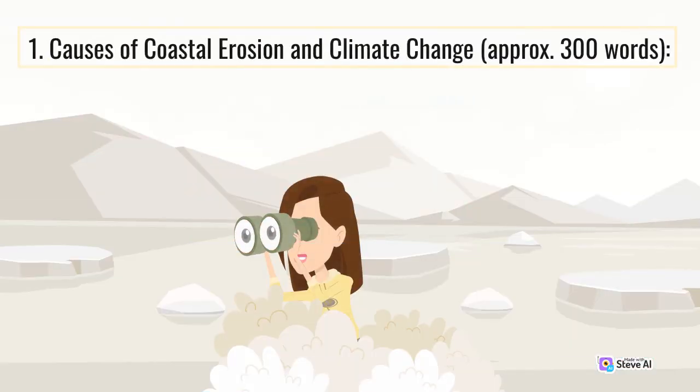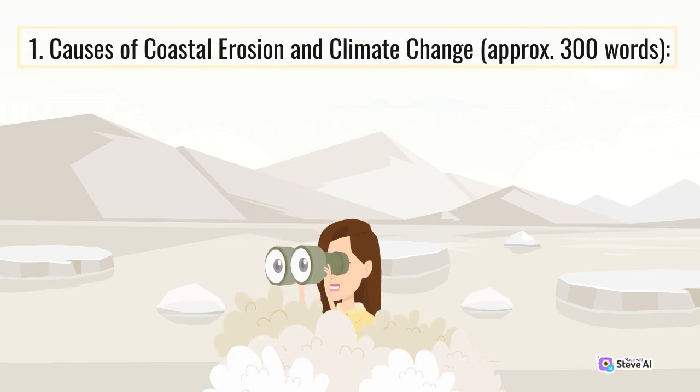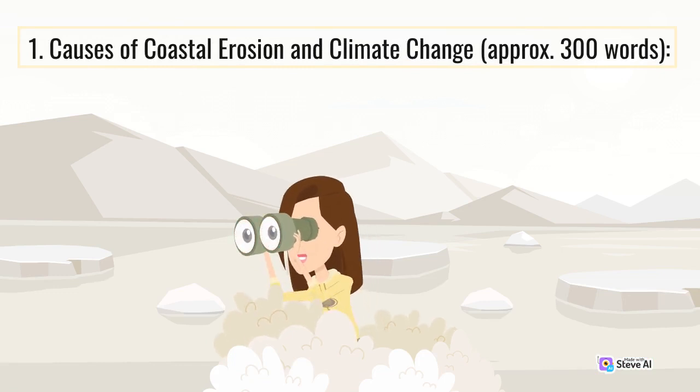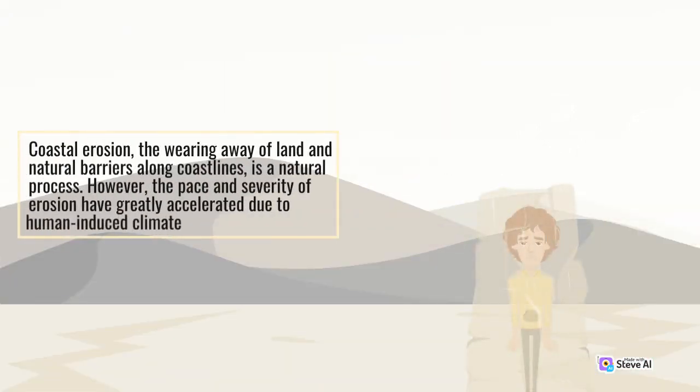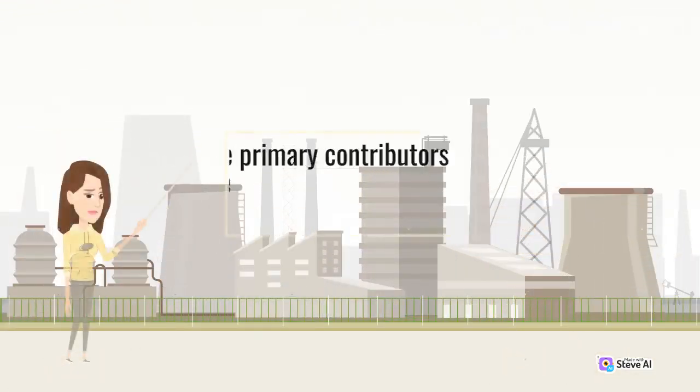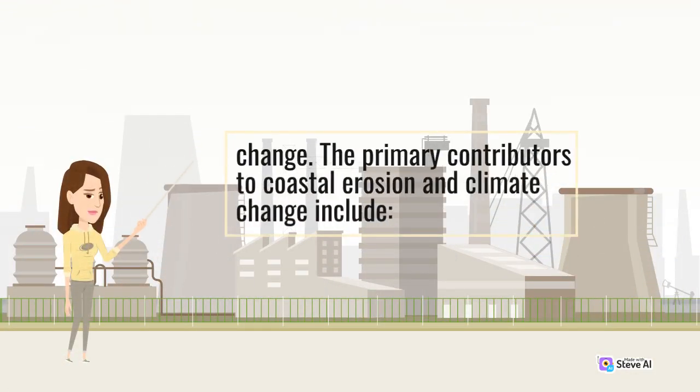1. Causes of coastal erosion and climate change. Coastal erosion, the wearing away of land and natural barriers along coastlines, is a natural process. However, the pace and severity of erosion have greatly accelerated due to human-induced climate change. The primary contributors to coastal erosion and climate change include